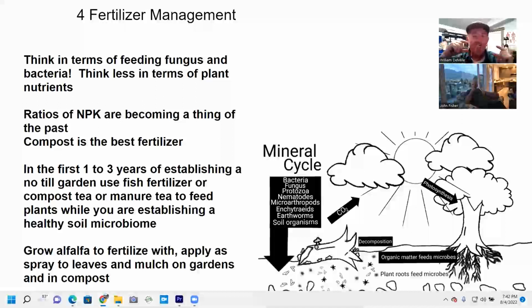So if you are eating sweet corn at the kitchen table, you've boiled it, and you eat it, that leftover corn cob will have a lot more nitrogen in it, a lot more proteins,